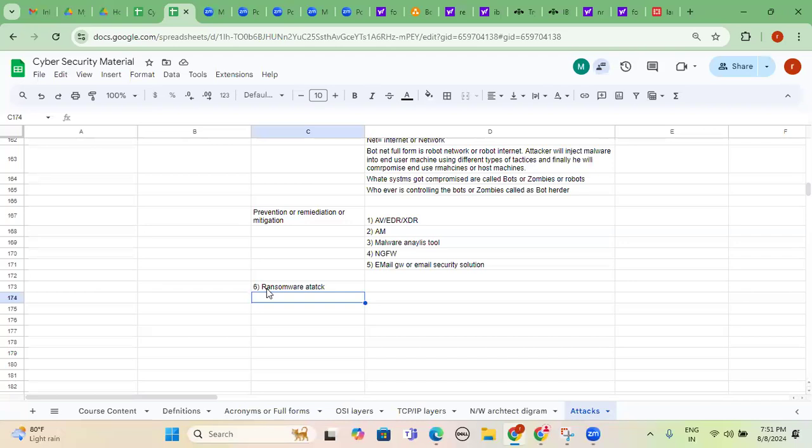We don't pay money. Just remember one thing for the ransomware category of attack: whenever any system is compromised, we have to do a complete operating system reset. Nothing but reconfigure the entire operation like a fresh piece or fresh asset. This is what happened in 2018 when I was working at Ericsson Global Services.